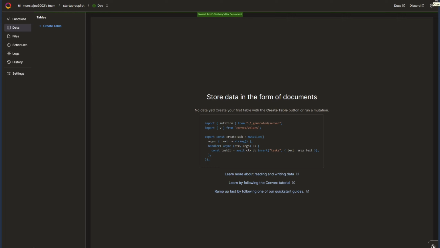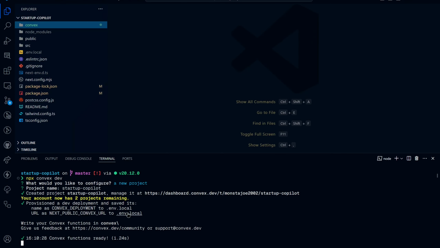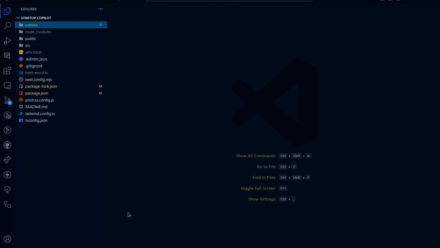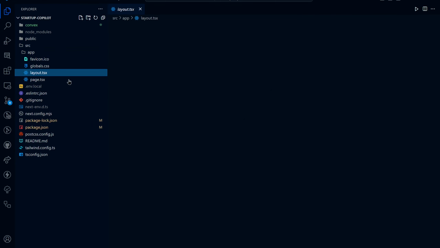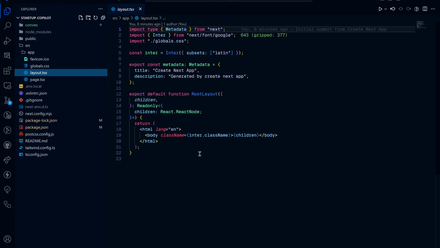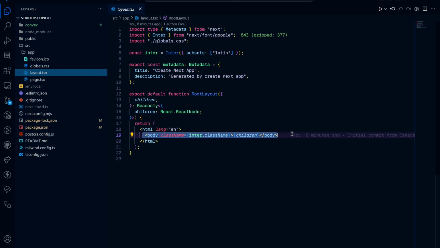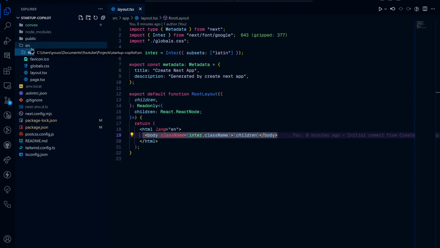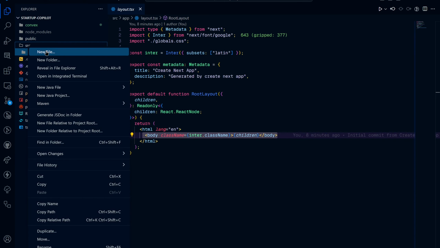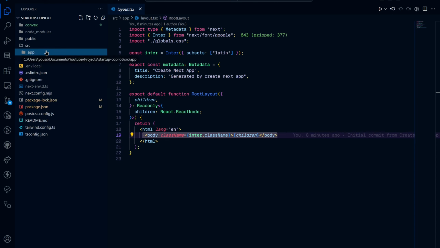But first, before we do so, we need to hook it up to our front end. So let's just exit out of here. And now we're going to go to src and then layout.tsx. This is the root layout where we're going to wrap the Convex provider in. It's going to be a custom component. Normally, since it's technically not a component but more of a provider,